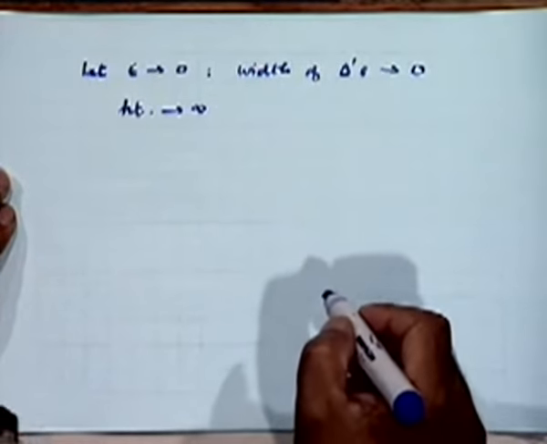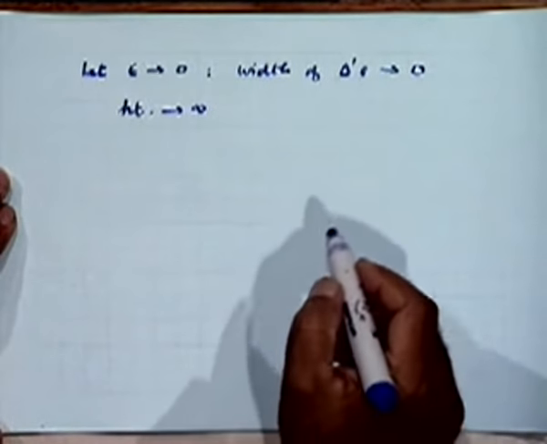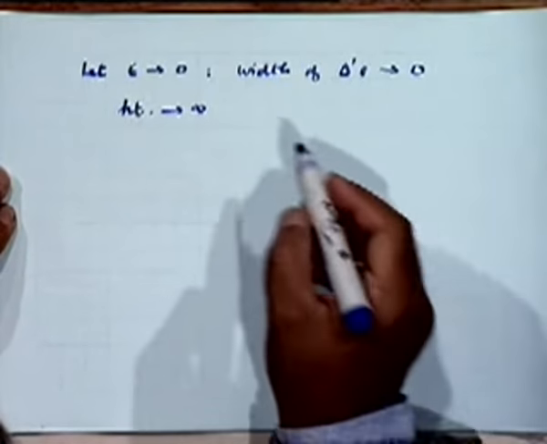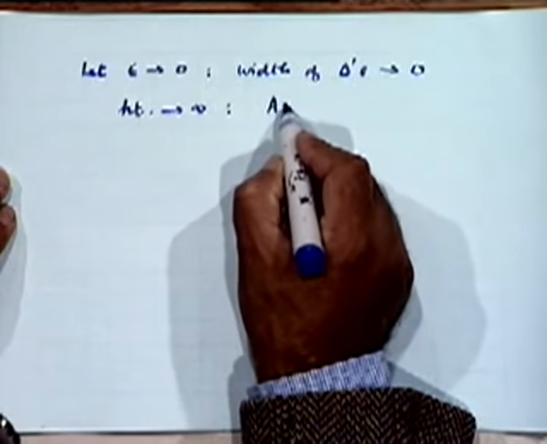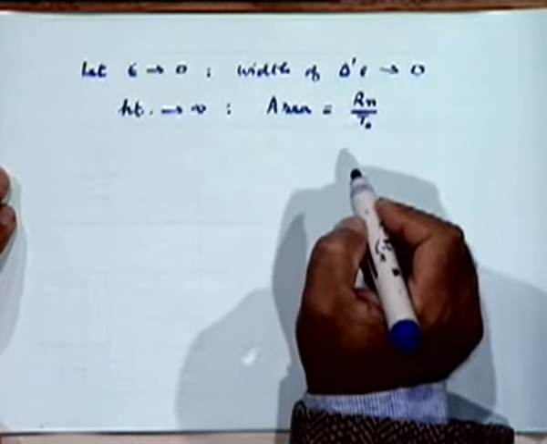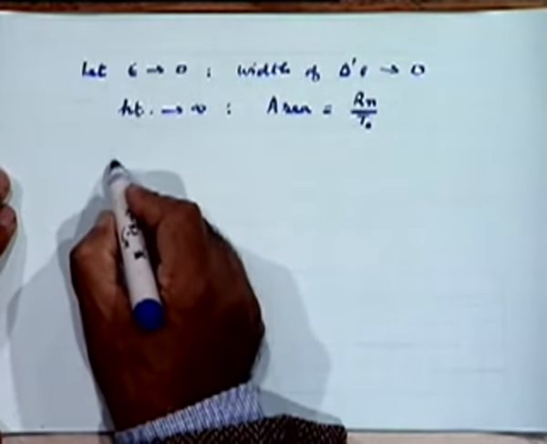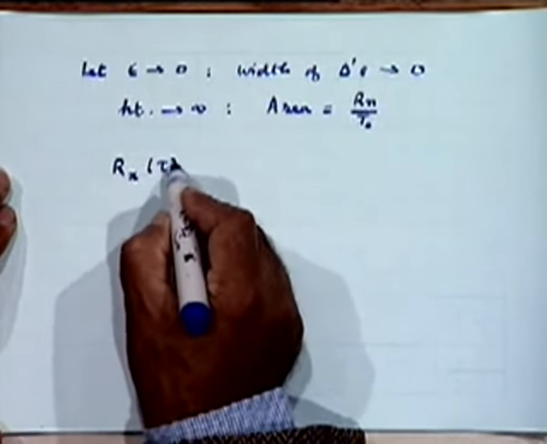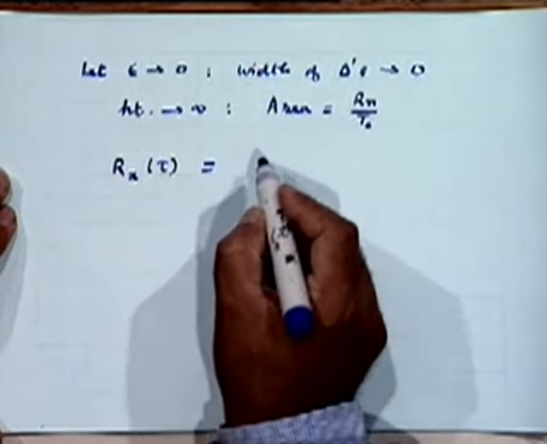There is an epsilon in the denominator of the amplitude, which will make the height of the impulses go to infinity. But the area will remain finite, which is equal to R sub n by T0 for each of these. And therefore, in the limit as shown over here, we will get